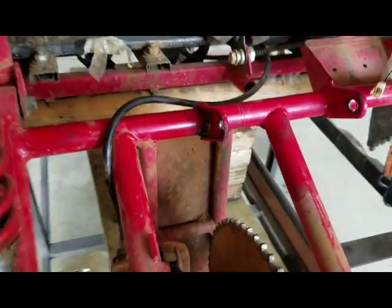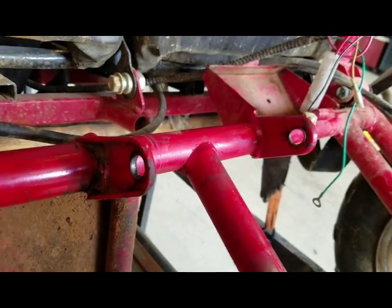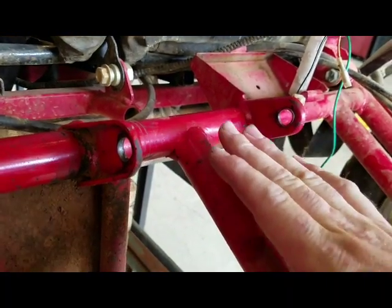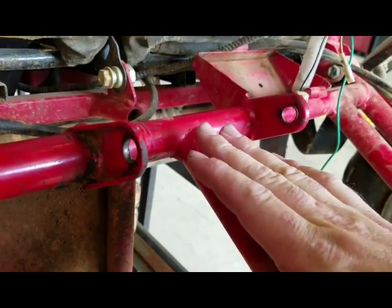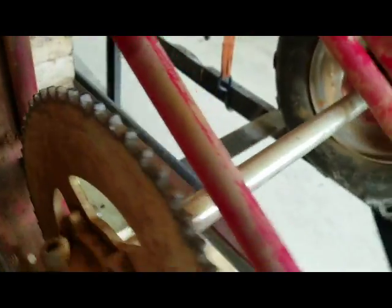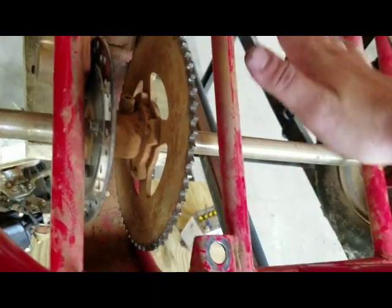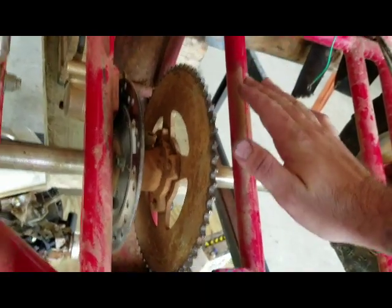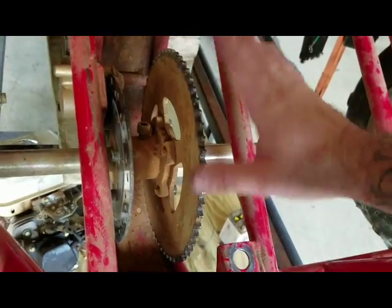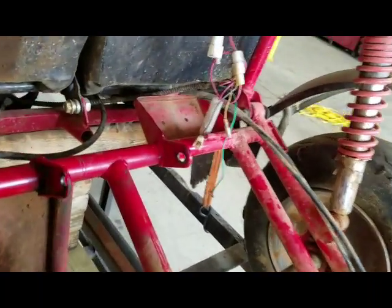And his theory is, so you have these tabs. There's a pivot the engine mounts on that mounts in these two holes, and right here you have an adjustment hole, so you can adjust the engine up and down, which adjusts the slack in the chain. So what his theory is